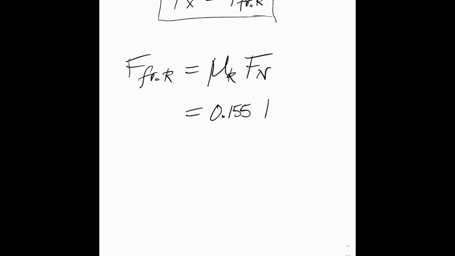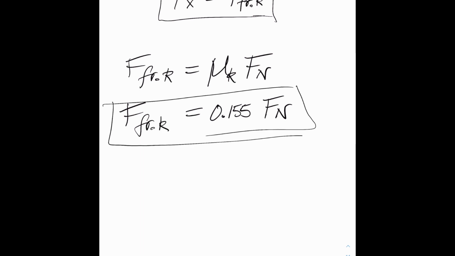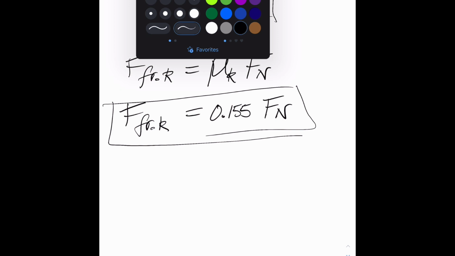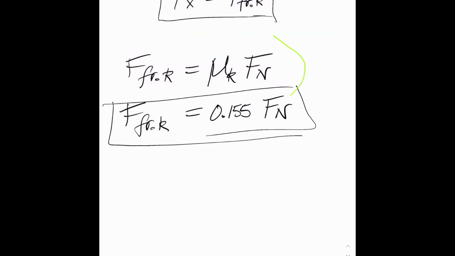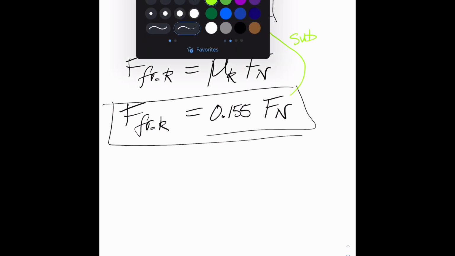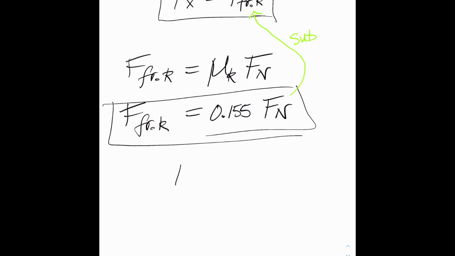Times Fn is equal to force friction kinetic. So I can sub that in, right? I can go up there and sub this in to here. And if I do that, I end up seeing that Fx is equal to